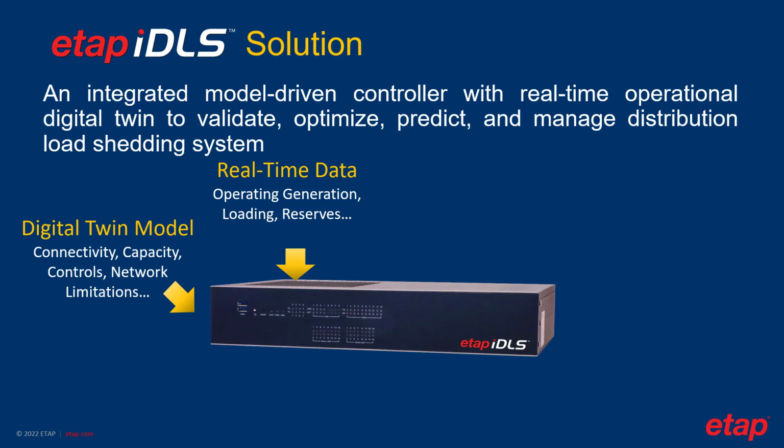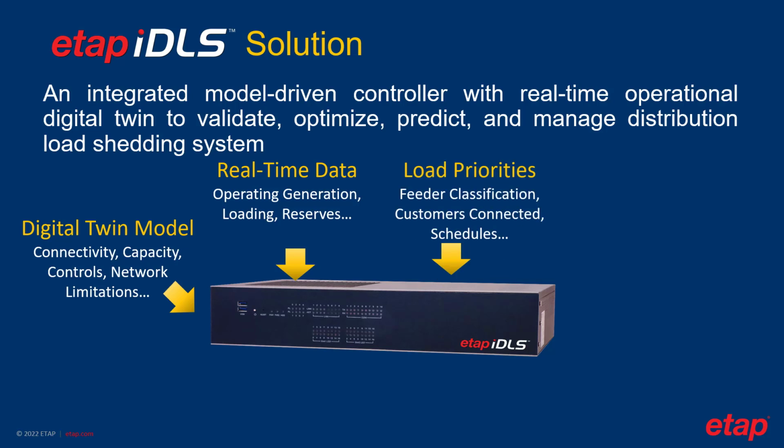all possible topology scenarios. Next, the system will consider load priorities to minimize impact of quality of service. Engineers and operators will be able to classify loads and priority per event or schedule. Examples of these include the capability to classify loads per service area, type of load, priority, and connected customers.